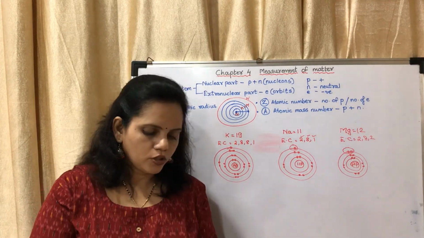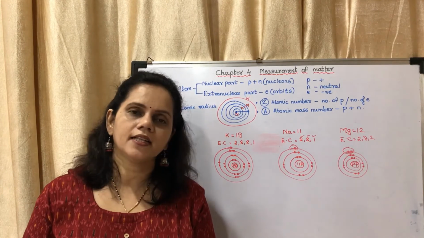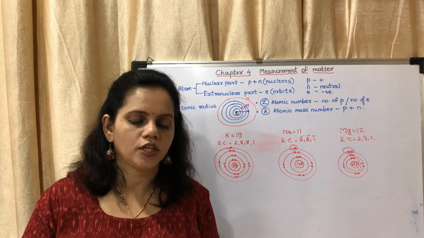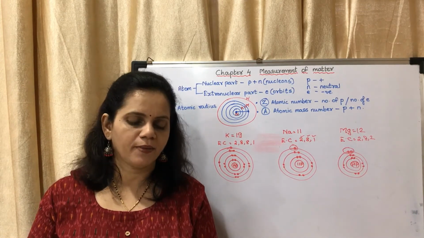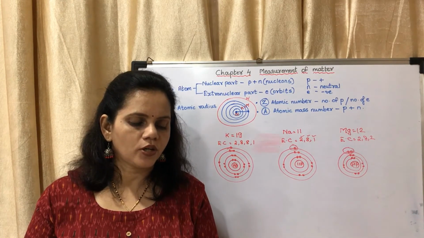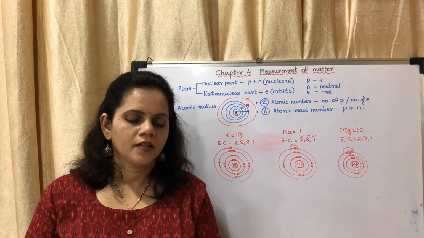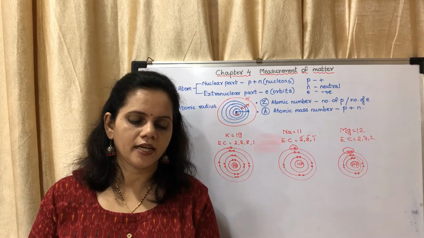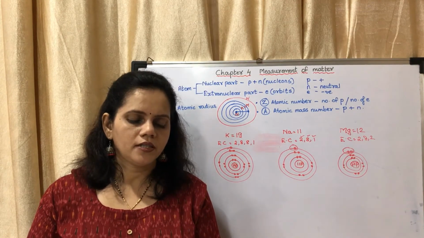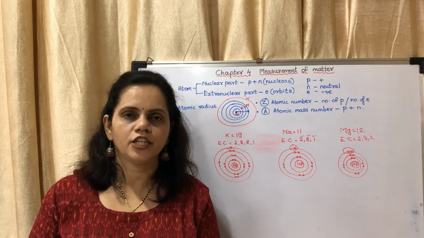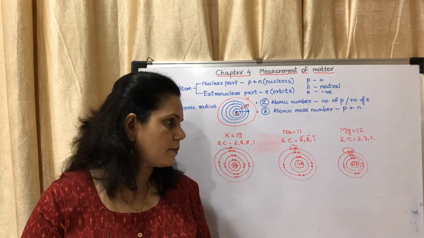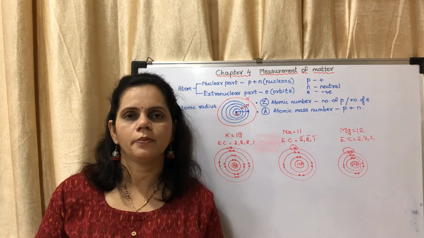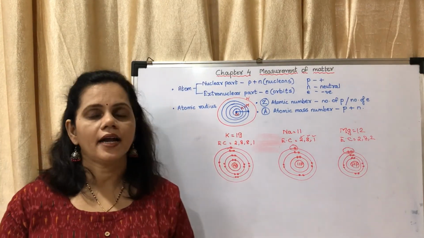Now we may move on to the next on page number 49. The mass of an atom. The mass of an atom is concentrated in its nucleus. Underline, it is a fill in the blank, and it is due to protons and neutrons in it. The total number in the atomic nucleus is called the atomic mass number. Protons and neutrons are together called nucleons. Okay, so this is about the definitions of atomic mass number, atomic number, and what you mean by atomic radius.